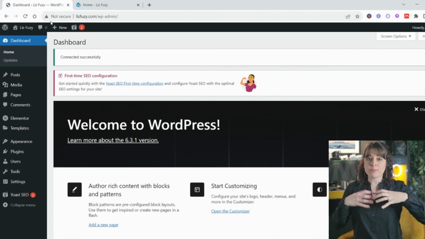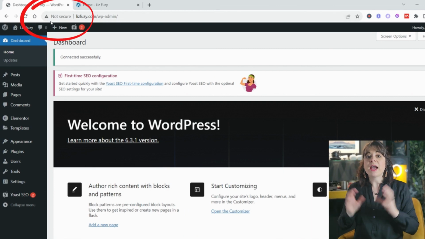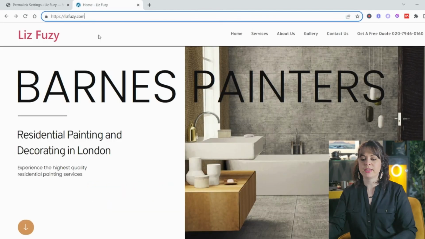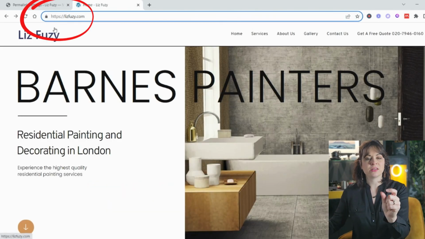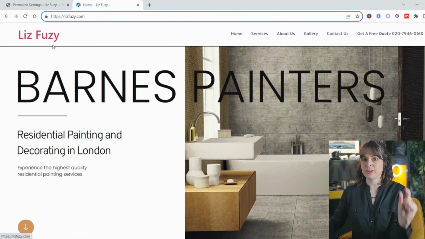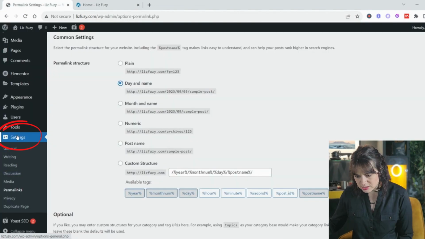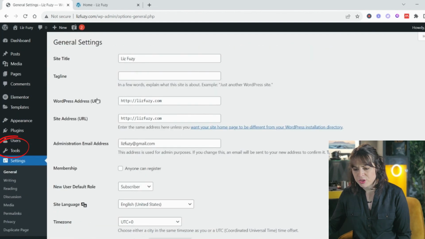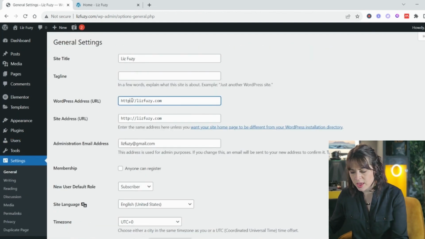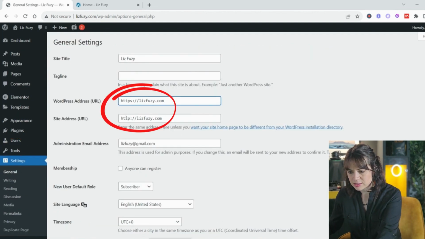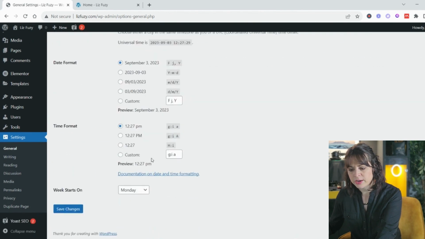Now, I know with my hosting server provider, I do have an SSL certificate. Can you see there? It shows HTTPS. That S refers to your SSL certificate. If it's not there, you go to settings and general. Here you can see your WordPress address. There I go to add an S. The site address, I go and I add the S. Only, and then I say only if you do have the SSL certificate, otherwise this can actually cause some issues